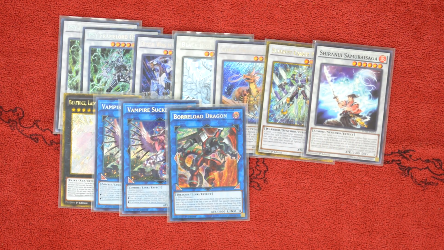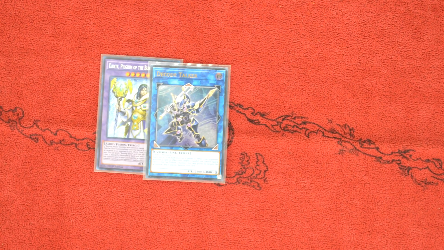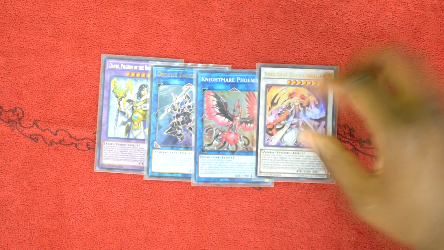So as you guys can see, I didn't give you a full extra deck because I'm going to talk to you guys about some cards that you could play to fill in the rest. Now, what I play currently is Dante Pilgrim. I play Deco Talker. I play The Nightmare Phoenix. And I also play Samurai Shogun Saga, but I'm probably going to drop the Shogun Saga